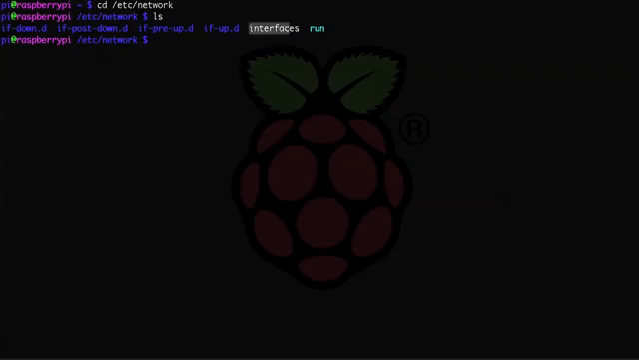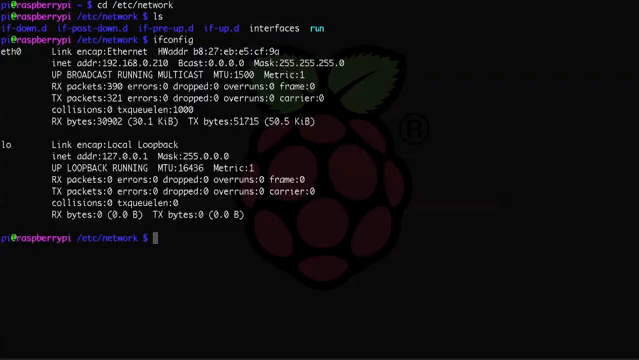But before we do that, let's take a look at the IP address that we are currently using. So ifconfig. And as you can see here on interface eth0, I have an IP address of 192.168.0.210. And I should probably note here that anything beginning with